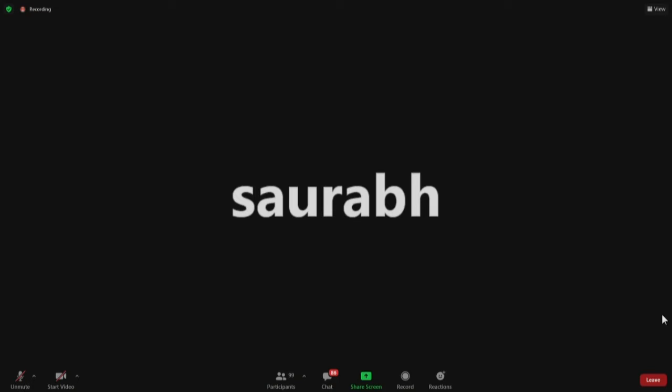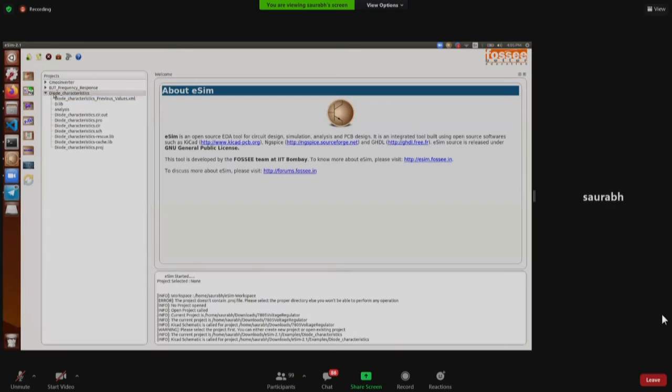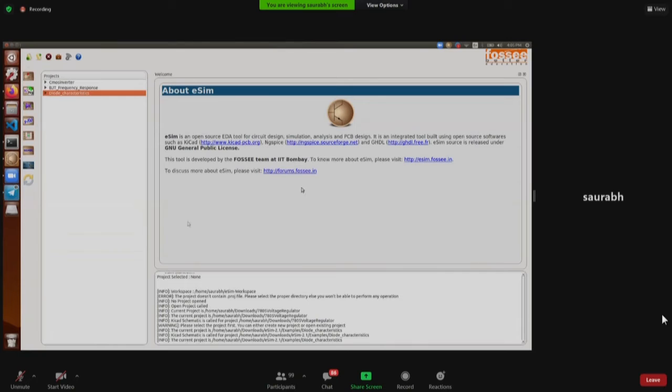If you have explored eSIM a little bit, you have explored the libraries. You can see here that there are almost 4,000 libraries in there. To put this all together, the eSIM wrapper code is entirely done in Python, and there is some C coding involved for the mixed signal simulation part, but mostly eSIM is built using the Python programming language.